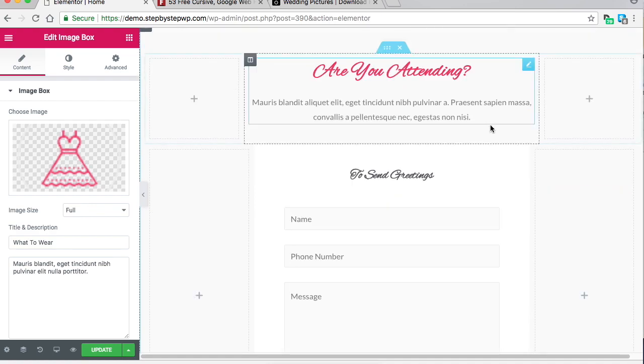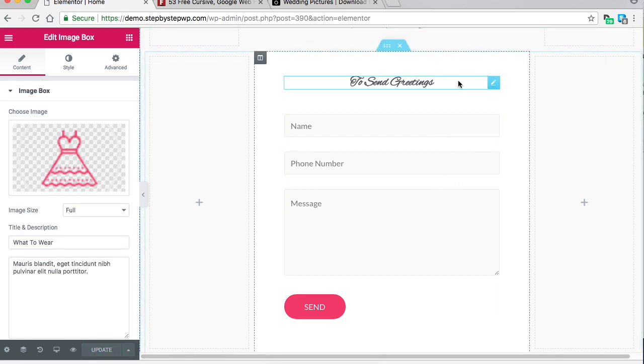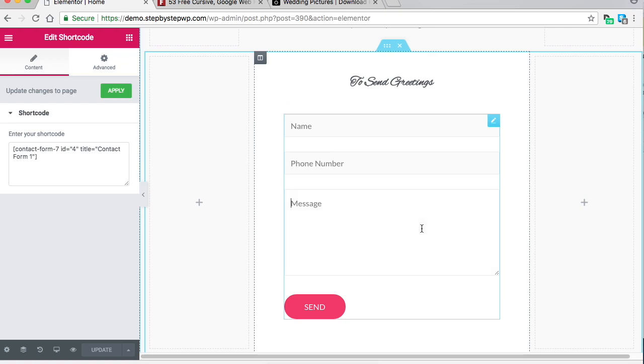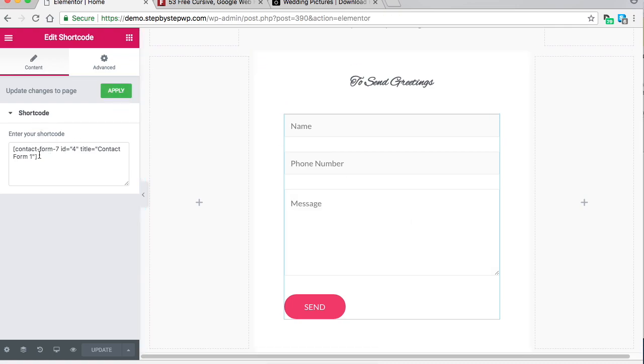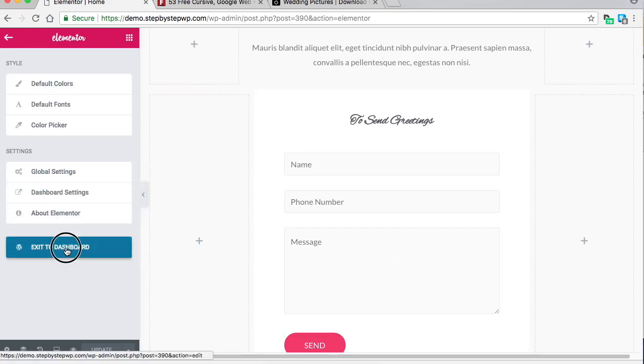Okay, and are you attending? So here is the contact form that is inserted into the page, and when you click on it, you'll see that it's an actual shortcode for the Contact Form 7 plugin that we got. So we need to make sure that this is the right ID, because sometimes they don't match up. So what we're going to do to make sure that if someone goes to your site and fills out a contact, we want to make sure that you get that email. So let's go to Exit Dashboard,